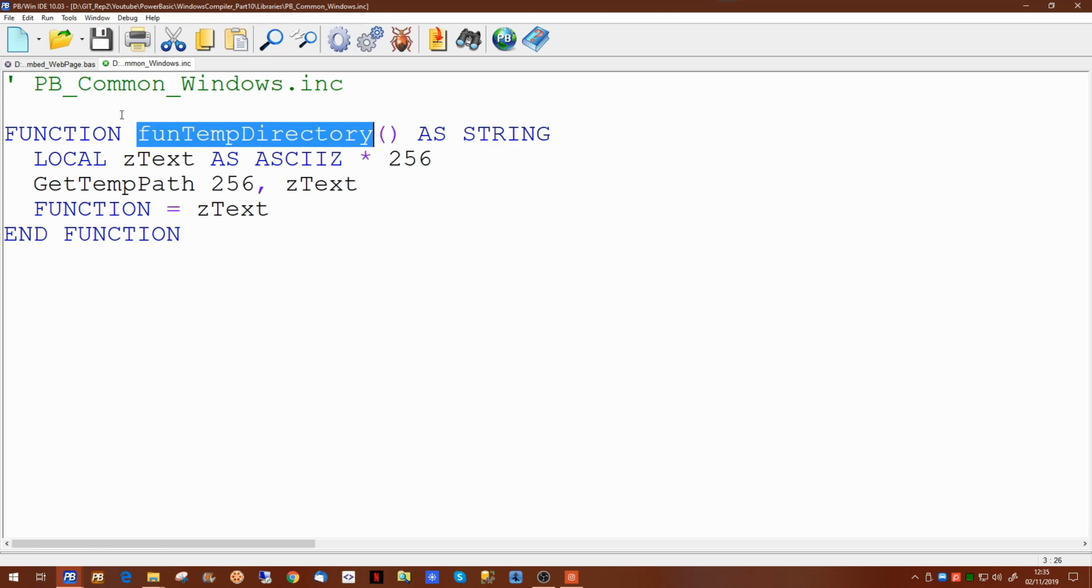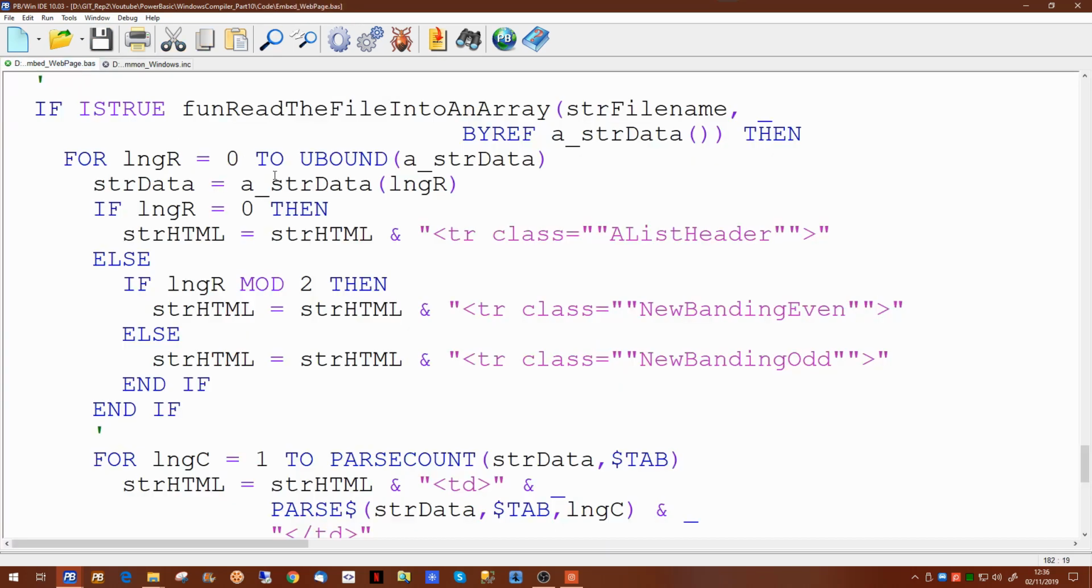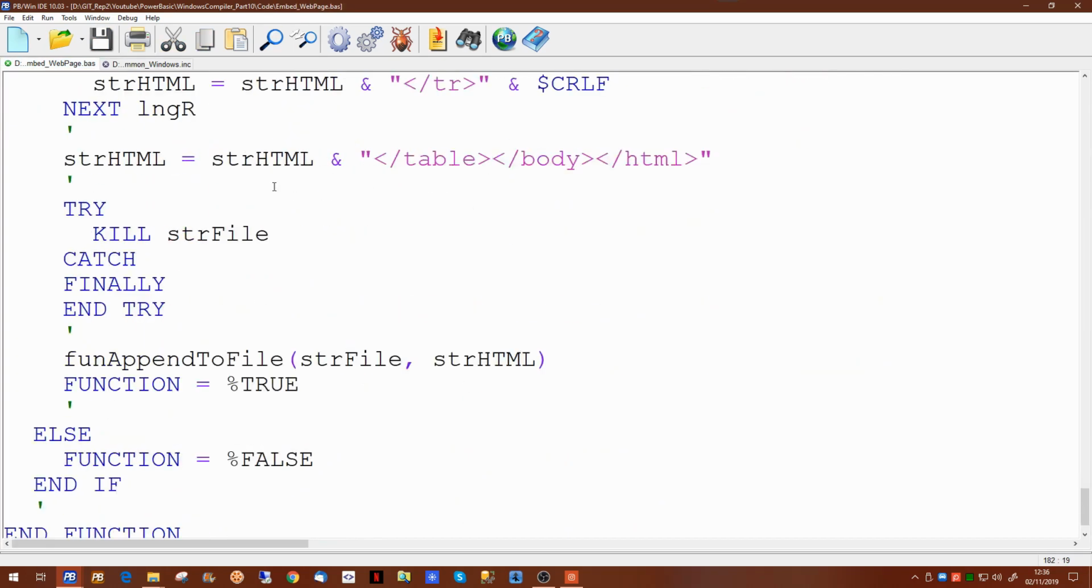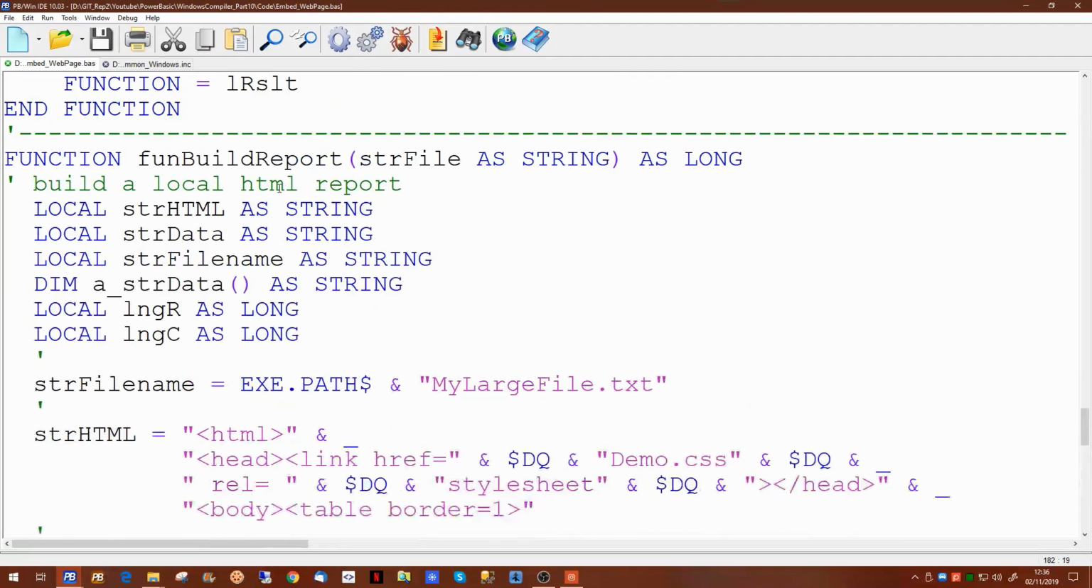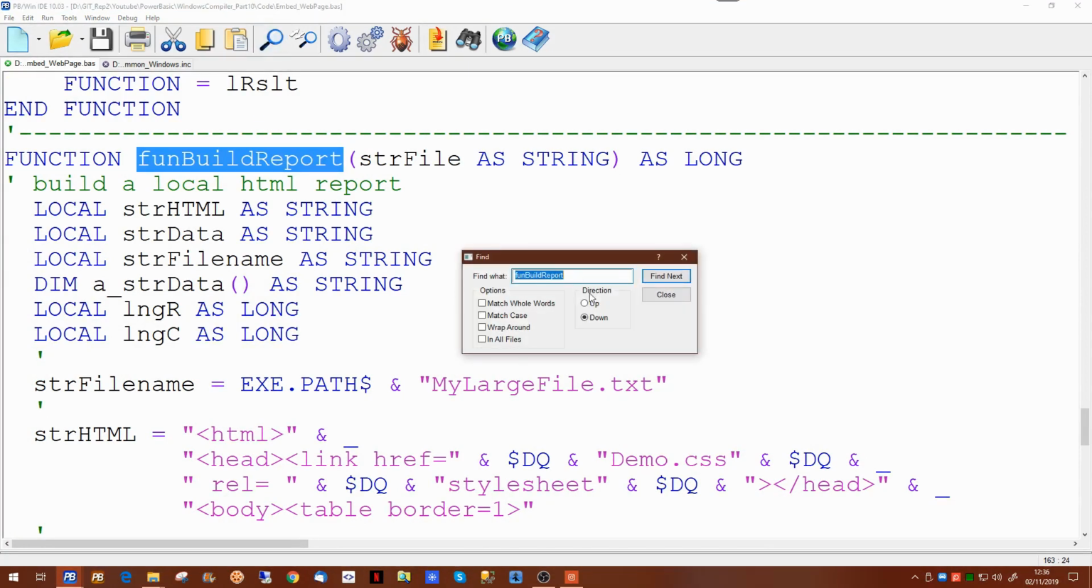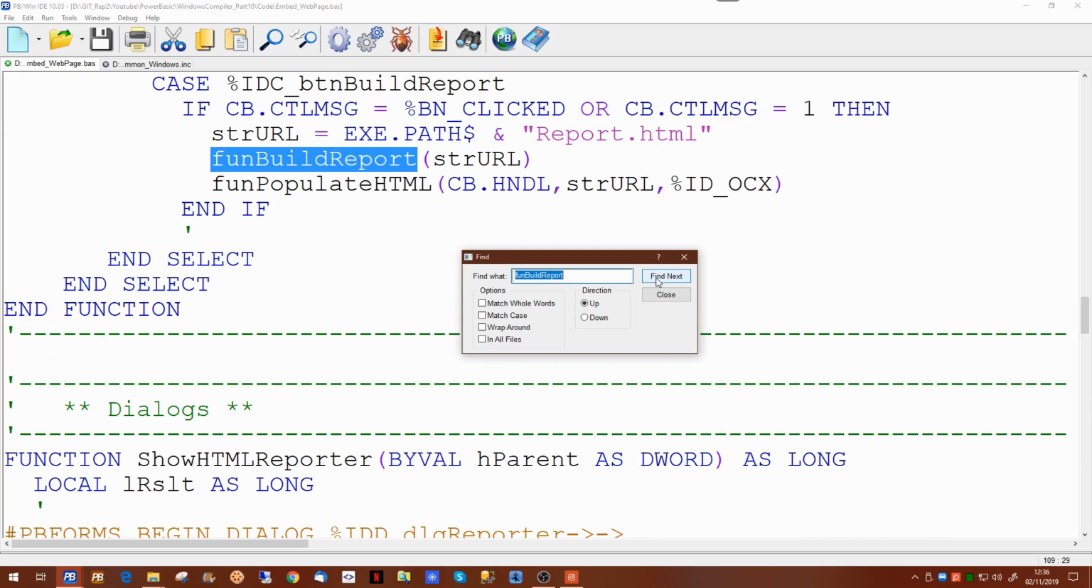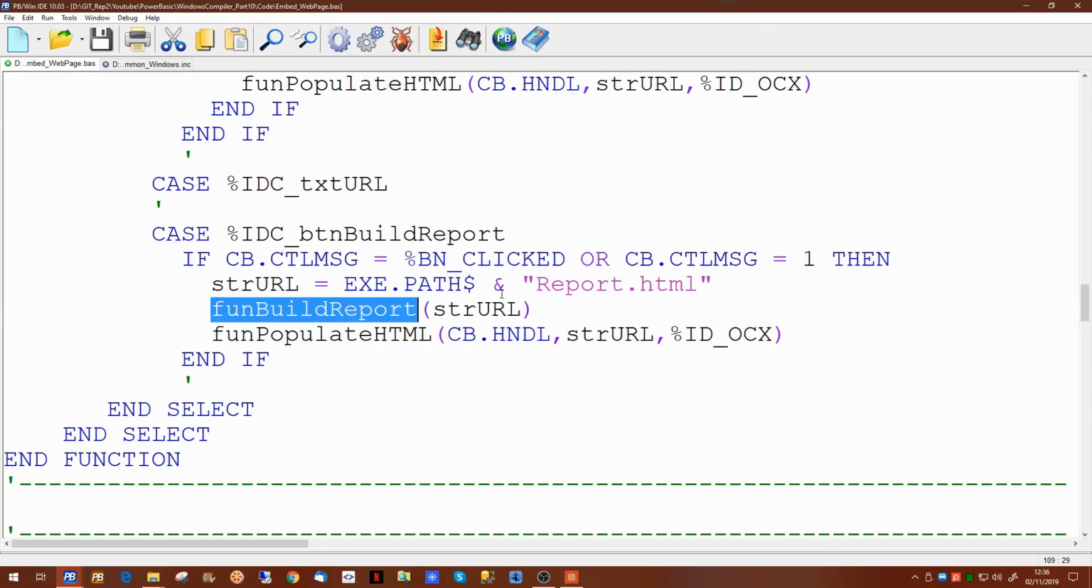If we take a copy of that and go back to where the file is actually created, now when we call build report, we're passing in the location to where we want that file saved. So we want to go back to where build a report is actually called from, and there it is. So at the moment we're actually saving it into the path of the executable with report.html on the end. Now all we have to do is substitute the function for the temporary directory. So if we run this now,